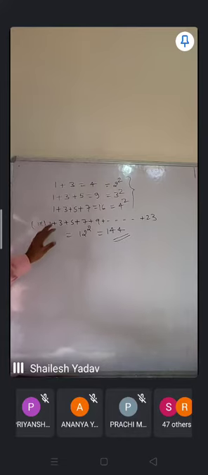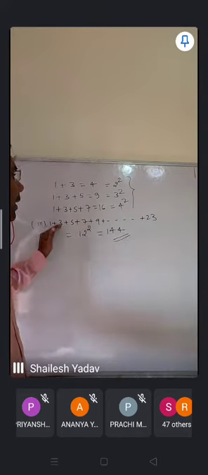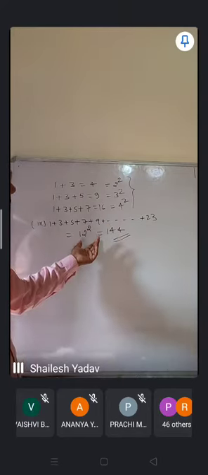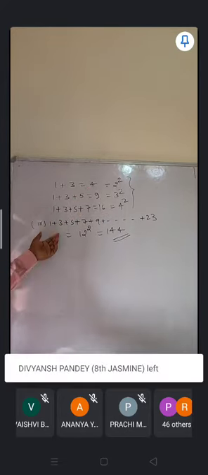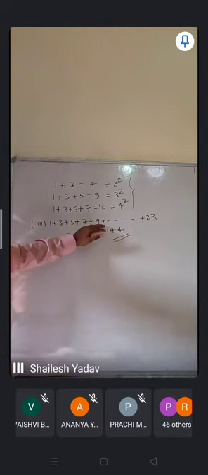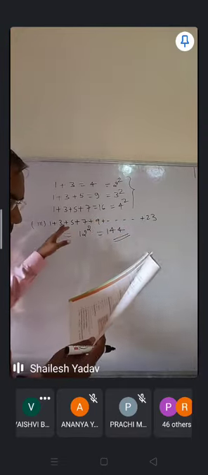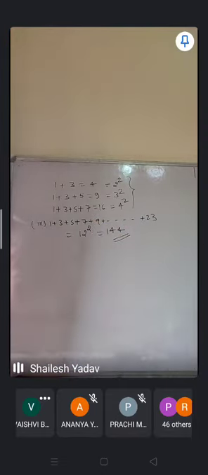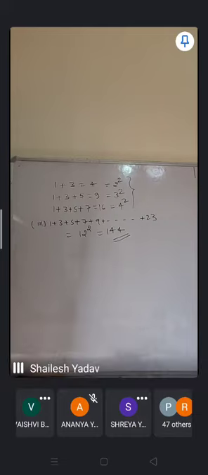So students, here I had not added it directly. One way is that you add it: 1 plus 3 is 4, 4 plus 5 is 9, 9 plus 7 is 16. That addition will take a little more time as compared to this. If you are adding the first odd numbers, the sum is the square of the number of odd numbers. Here 12 odd numbers are there, so it will be the square of 12. So got it clear, Shreya? Okay, so one way is that you can add it, otherwise that is the sequence you need to follow.